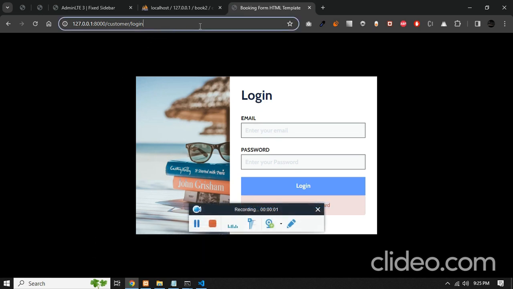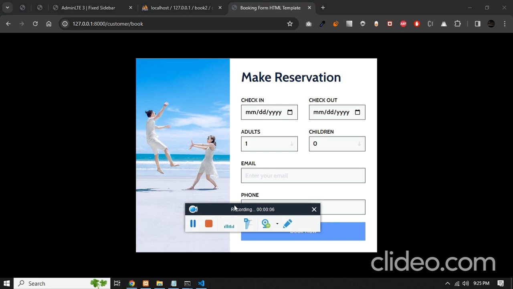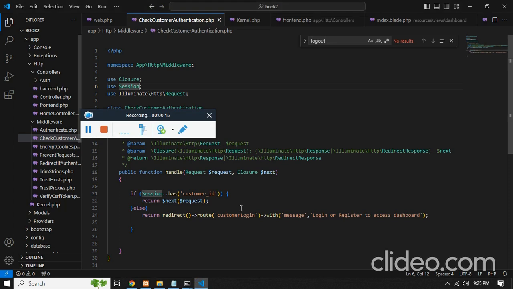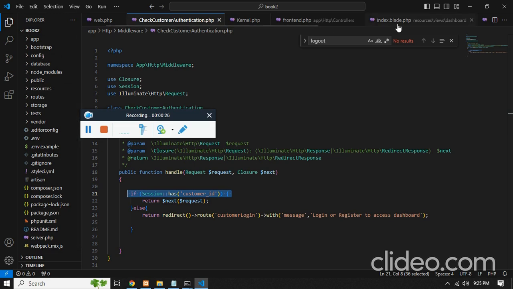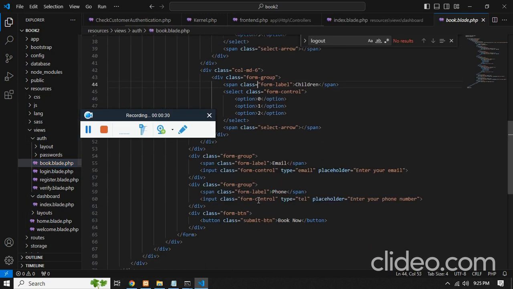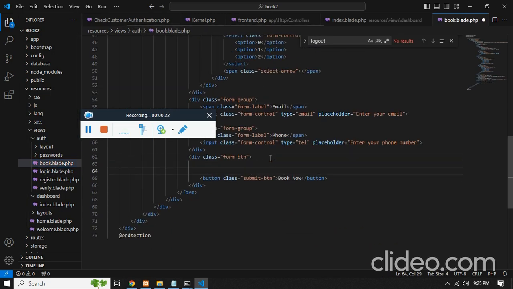Now let's just work on the book. This book link should be shown only when the user has logged in. So let's do that. Let's check in the book just as we did in the middleware. Just copy this code because this would be useful in the book page. Auth book, and this button you should show only